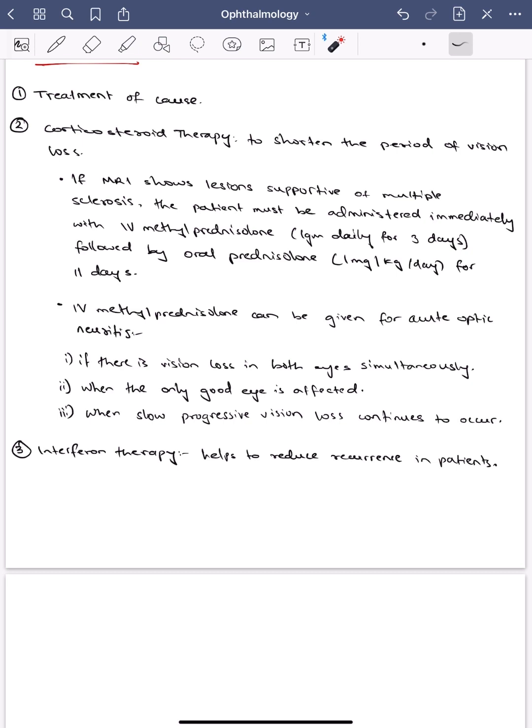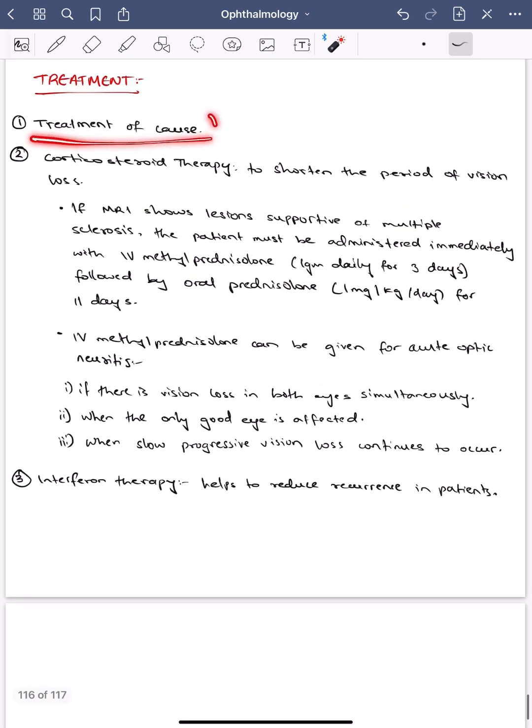And the third mode of treatment is interferon therapy, and this helps to reduce the recurrence in patients, but such therapy is expensive. So again, we have treatment of the cause, corticosteroid therapy using IV methylprednisolone, and interferon therapy. Now this completes our discussion on optic neuritis. So a quick revision: